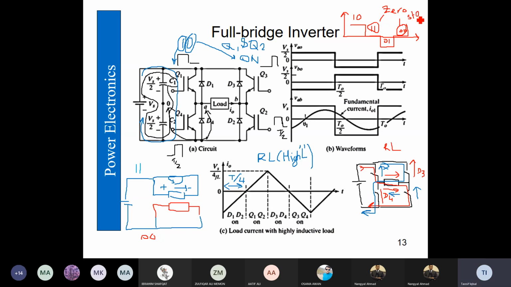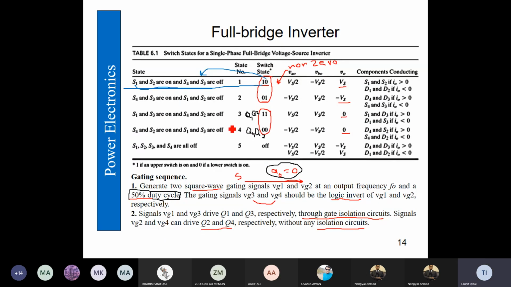So we try to avoid these zero states or minimize the duration of these zero states so that the duty cycle is not reduced because of them. ठीक है? तो अगर हम ये स्टेट डालें भी तो we'll try to minimize the time duration for these zero states. पॉइंट समझ आया?